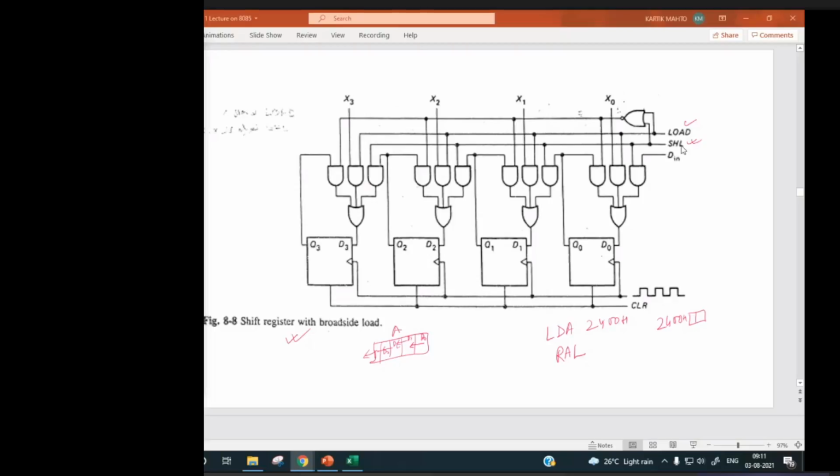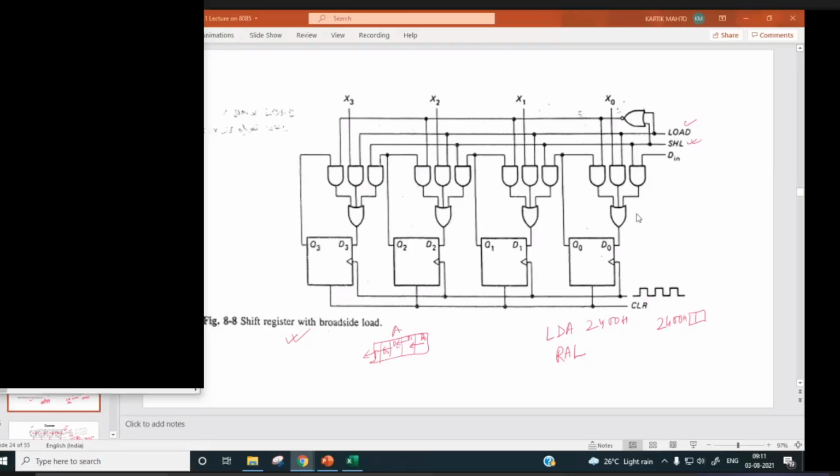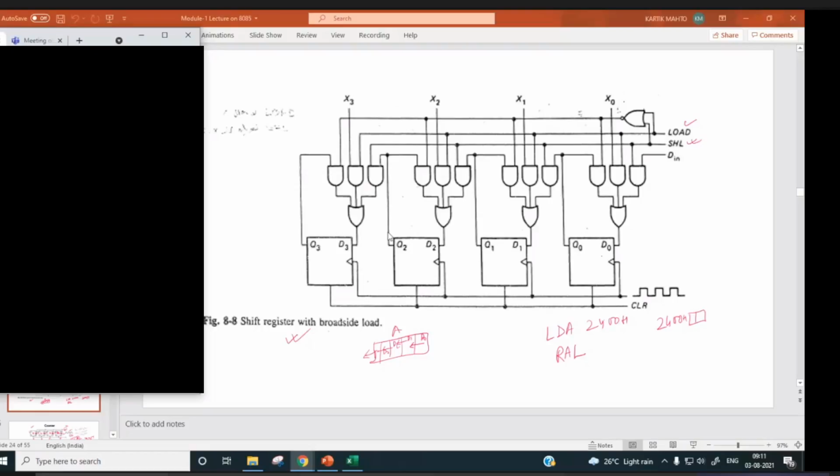If you go for shift left, similarly, X0, X1, X2, X3 you can load to Q0, Q1, Q2, Q3 by making this load control signal active, right? And once you load this, then if you keep this shift left, the data will be shifted like this. So these things are there.